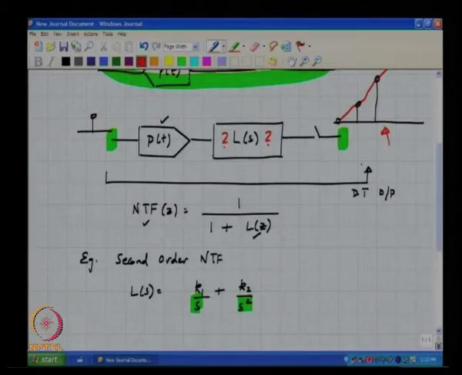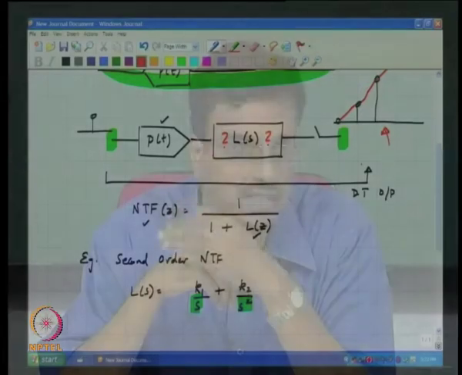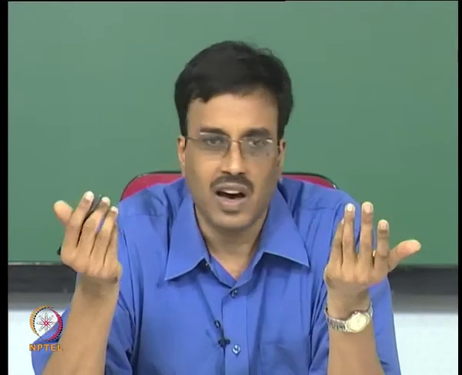So, please note, clearly the pulse shape does have a bearing on K1 and K2. The last time around we did see that when we had an impulsive DAC, K1 and K2 are 1 and 1, whereas if you had an NRZ pulse shape it is 1.5 and 1, okay.